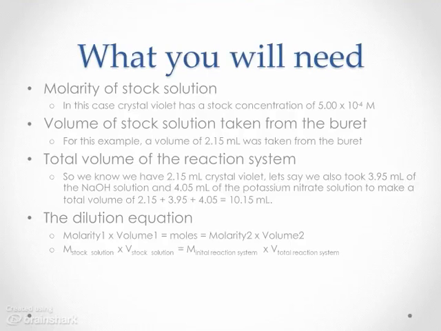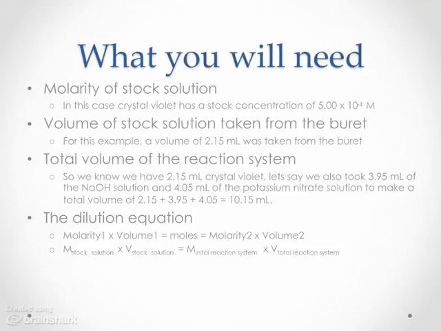So let's just take a moment to have a look at the dilution equation. Okay, so we start off with the molarity of the stock solution. In our case, we're talking about the crystal violet. And we also have the volume of that stock solution, of that crystal violet. If we multiply these values together, we get the total number of moles of crystal violet in that 2.15